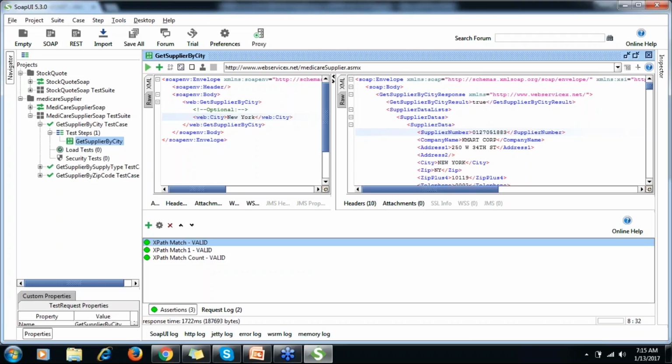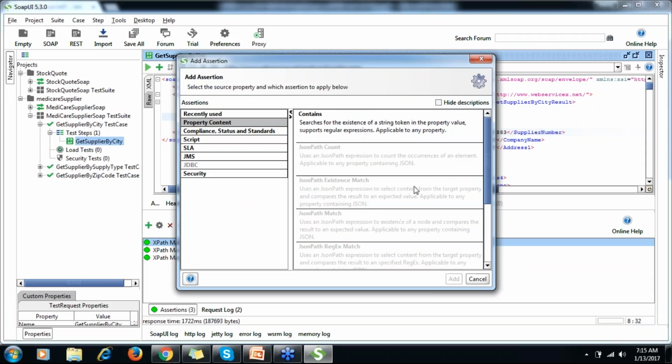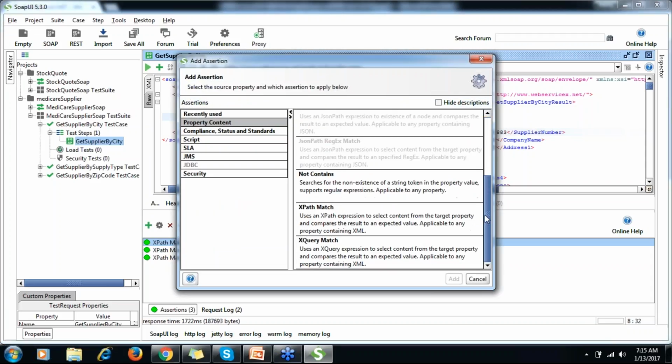Okay, all right, so if you go to property content, one thing you can see is XQuery Match. XQuery in itself is a big topic.